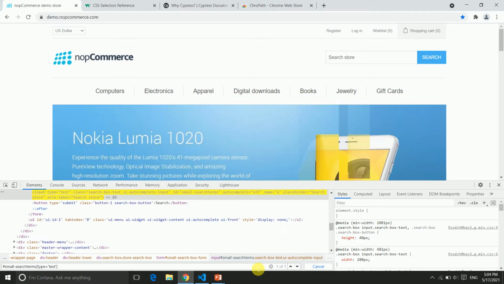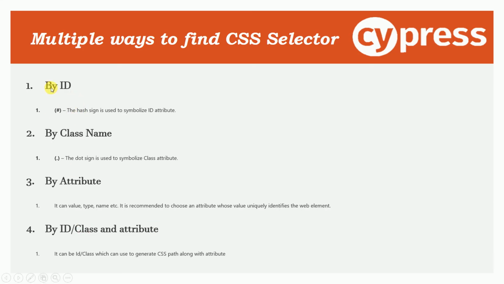So we have seen all these 4 points, like by ID with hash, by class name with dot, by attribute within combination, and by ID or class and attribute like this combination. Now see the next way,